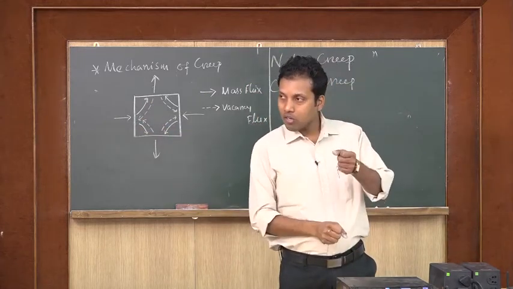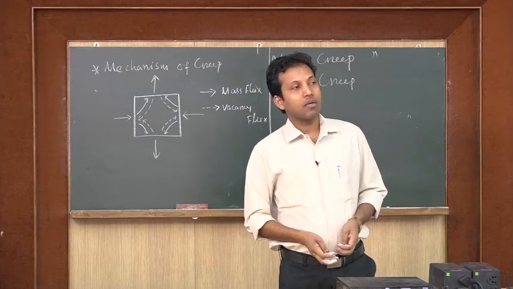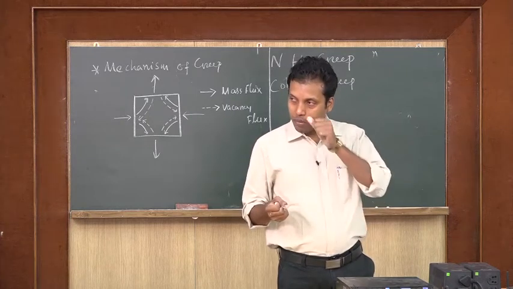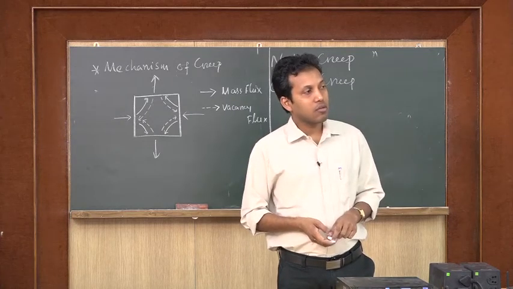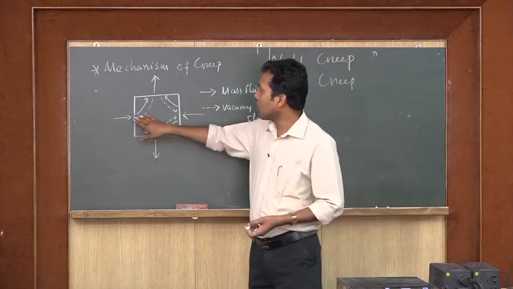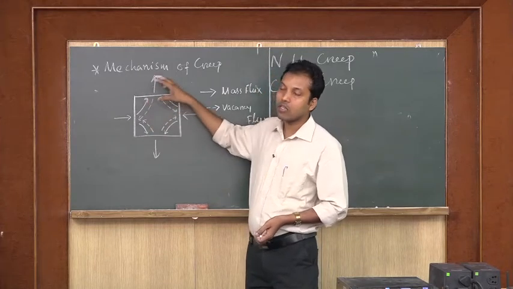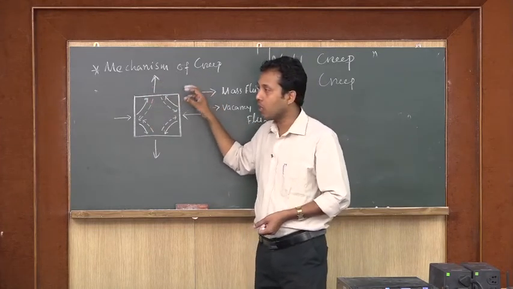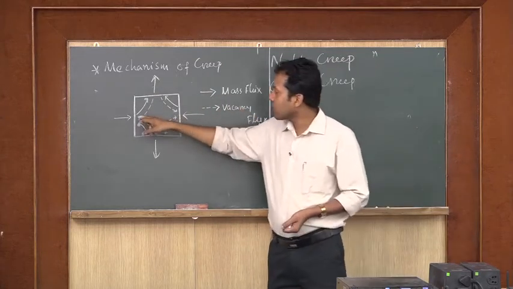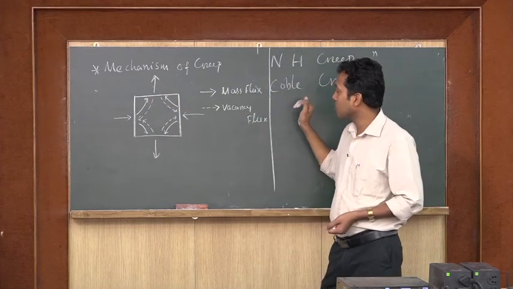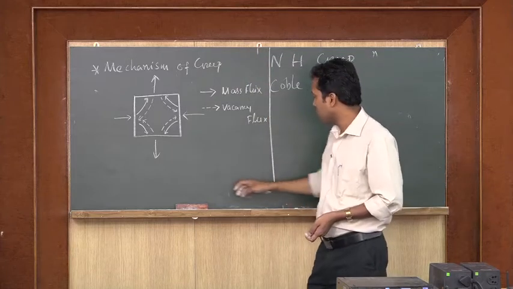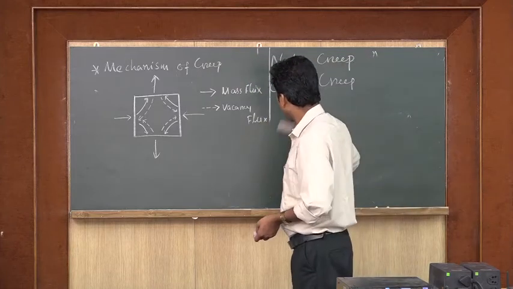Now, there will be a tensile loading plus some atomic movement. Why? Because atomic volume mismatch will be there, and because of high temperature, diffusivity increases and atomic diffusion takes place. So, from this region atomic diffusion will be towards the tensile region of the material, and that is how this mass flux will be there, that is, from here to here some movement of atoms will be there, and in this region I will have a higher number of atoms, and that is what we will see.